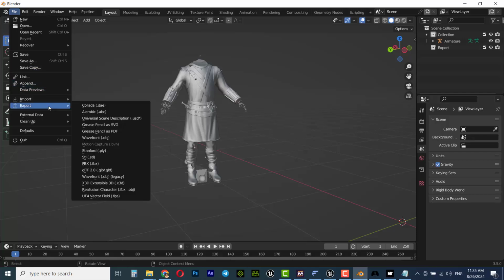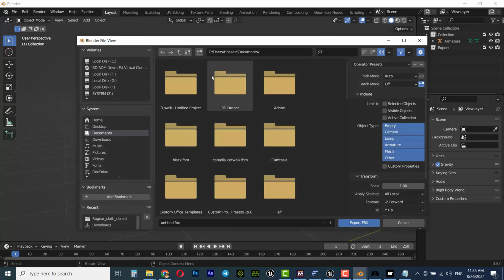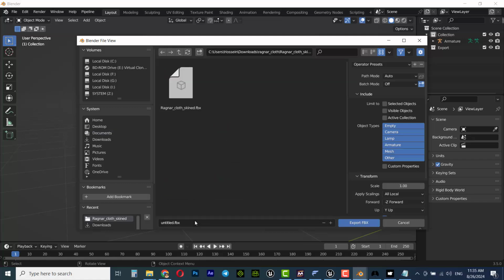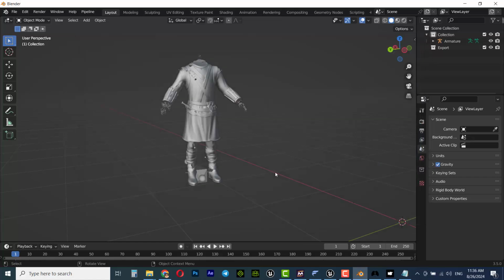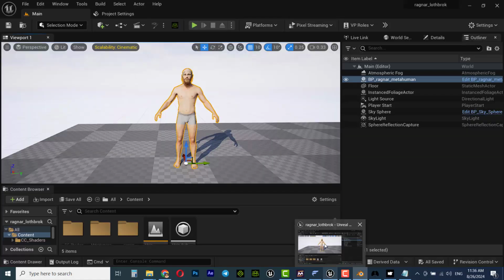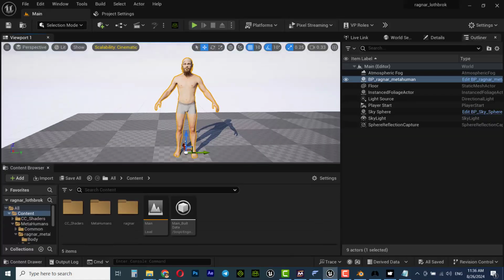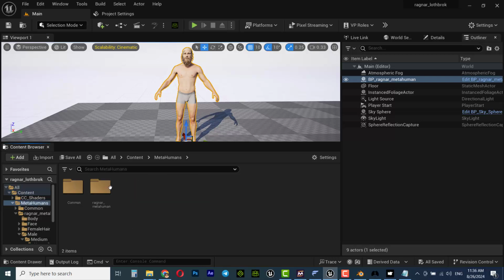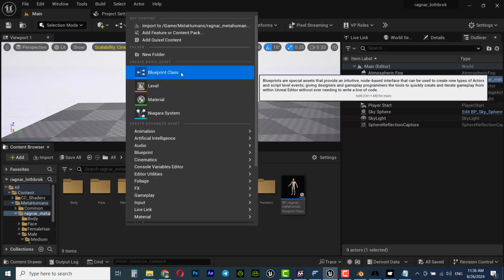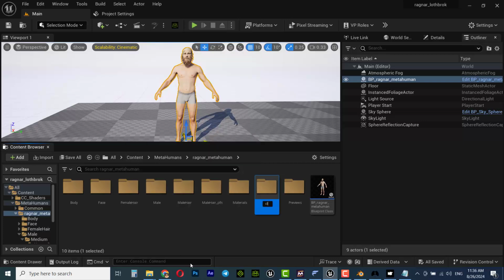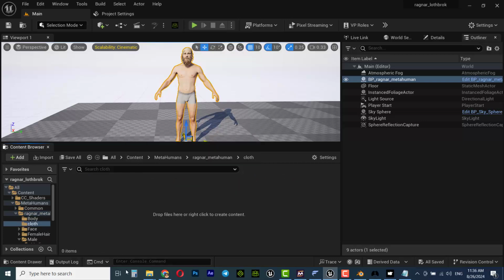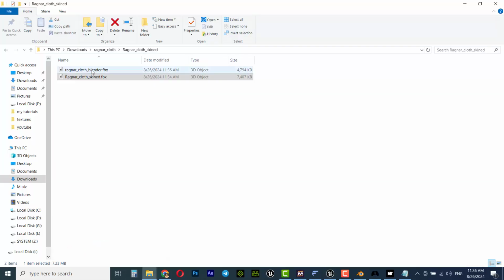Now we can save it, export FBX, the same path, Ragnar cloth Blender, and click on export FBX. We go to the Unreal Engine, in metahuman Ragnar, we make a new folder and call it cloth, and we will import this one